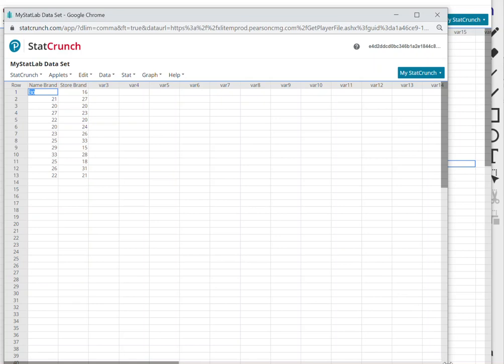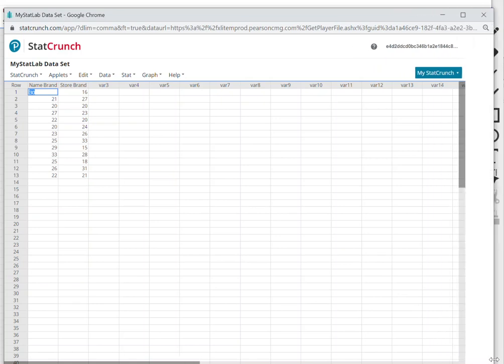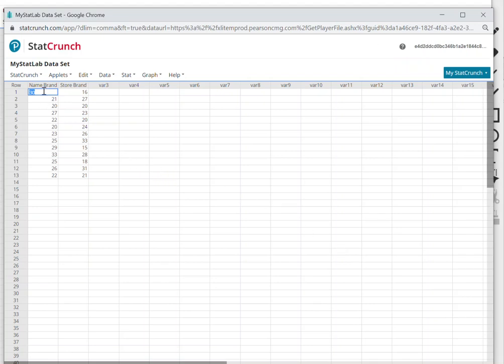Okay, so this is N and this is S, and it turns out if you graph it in this order, you end up having them in the opposite order. And so what I did is I used S for store brand, just like they did, and I used N for name brand,